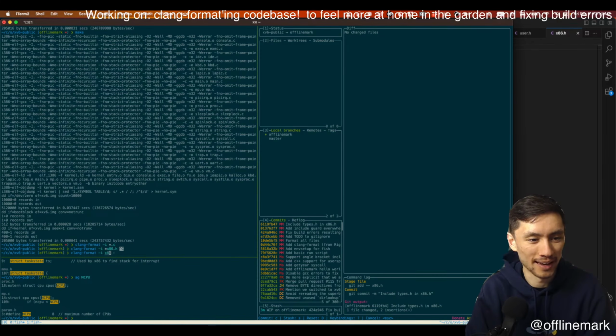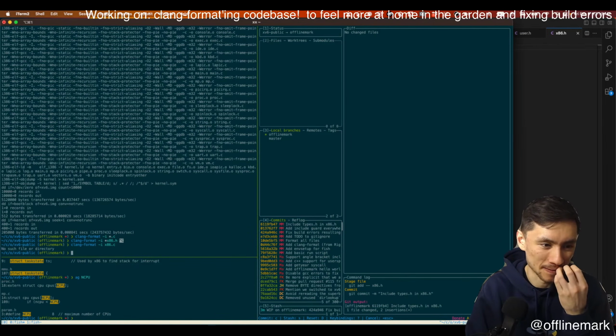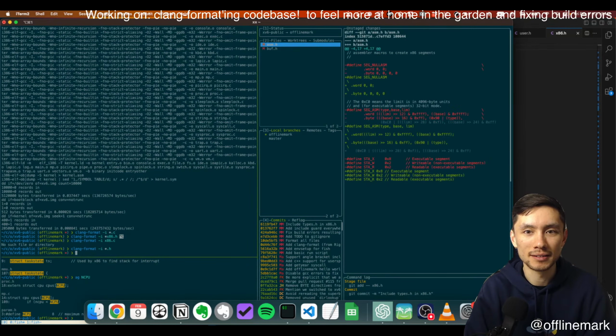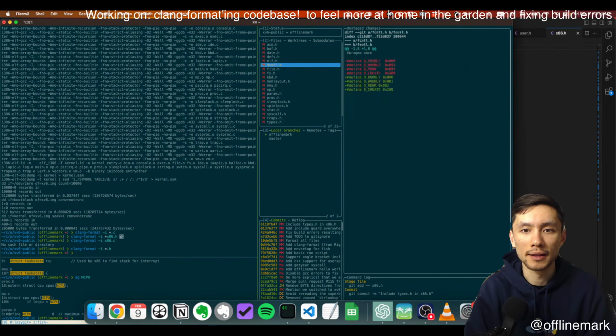Clang format x86. Oh, x86.h. Oops. I did not format any of my headers, I think. That's why.